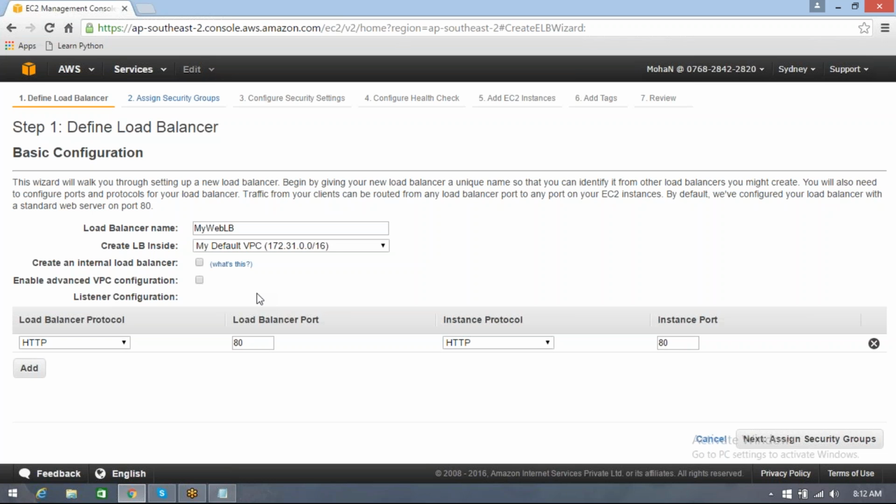That's what enables advanced VPC configuration. And then the listener configuration is this: the load balancer protocol, who needs to listen and how it needs to listen. So it listens via port number 80 and grants permission to access your data, because people request over the internet, especially when it is an external load balancer. So I'm moving on to the next tab, that's